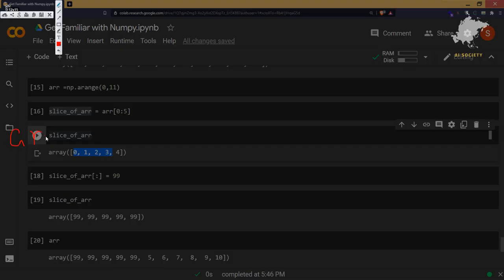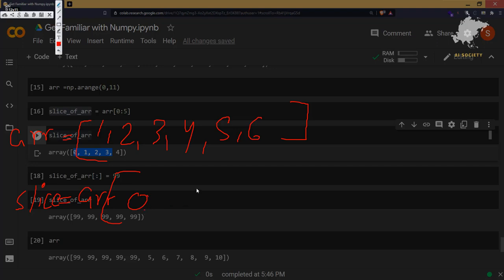We have arr, and arr has some number of elements here. This is the array, like 1, 2, 3, 4, 5, and we have 6. Now you created a new variable like slice, and you are saying arr of 0 to 5.